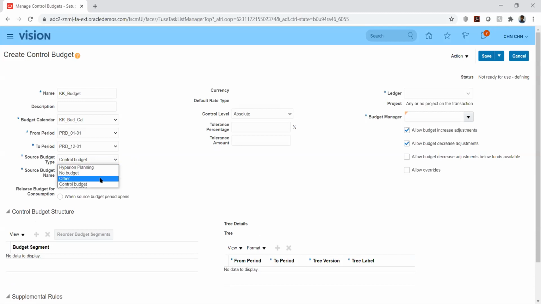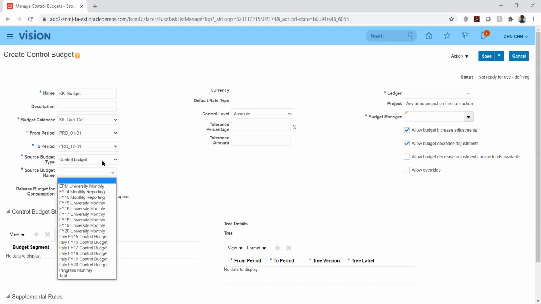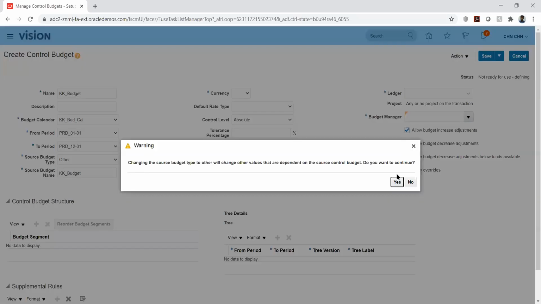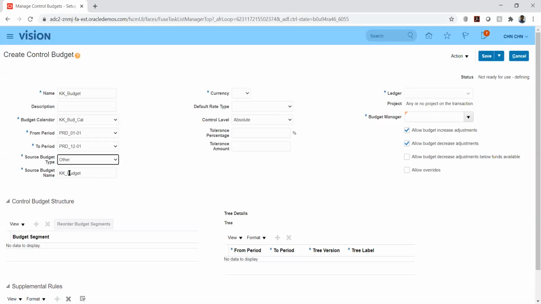Yeah. So then we have the normal budget, and we have the control budget. Control budget is where we set up a budget, and apart from that, we add another budget and attach the source budget. If we enable this control budget option, the system will ask us to attach the source budget. Whereas if we select others, it will take this as a primary budget. The system will automatically give the name for our budget.